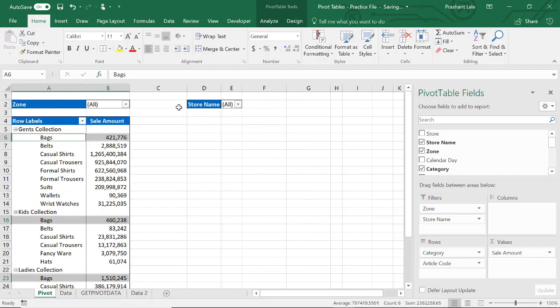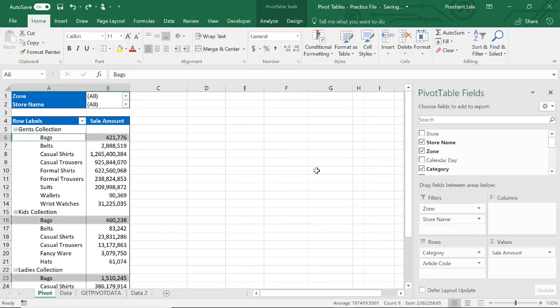It will be added next to the earlier one. If we add one more, it will be added next to the earlier one. This is just an option. If you don't need it, you can keep the default, that is down and then over. I am just pressing Ctrl Z.